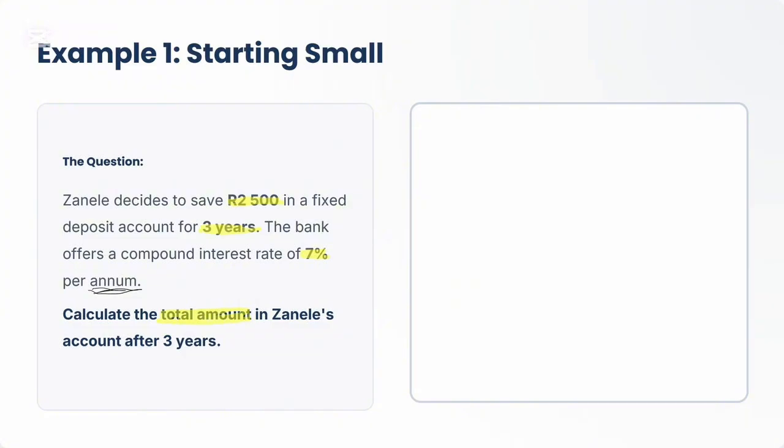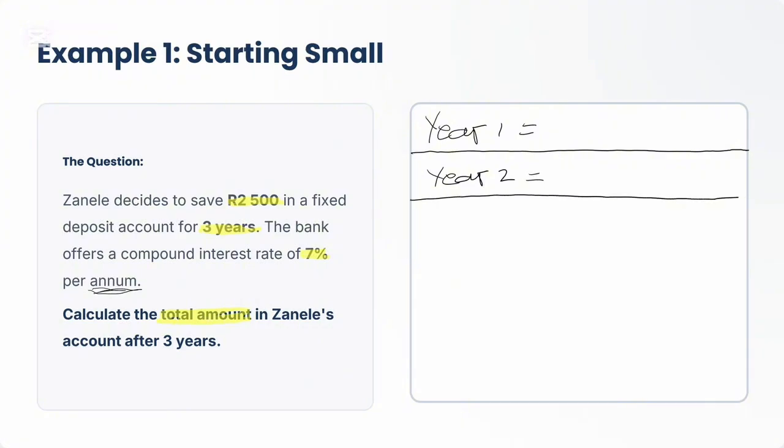So what we're going to do is calculate these in a series of years. We're going to do year 1 first, which we don't know. And then, let's draw a line there, we're going to do year 2. We don't know it yet, but we're going to know it soon enough. Then we're going to do year 3. Hopefully I do have space to do my calculations. I think I will have space.